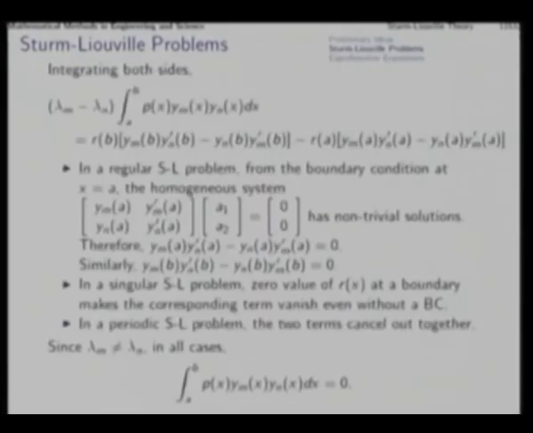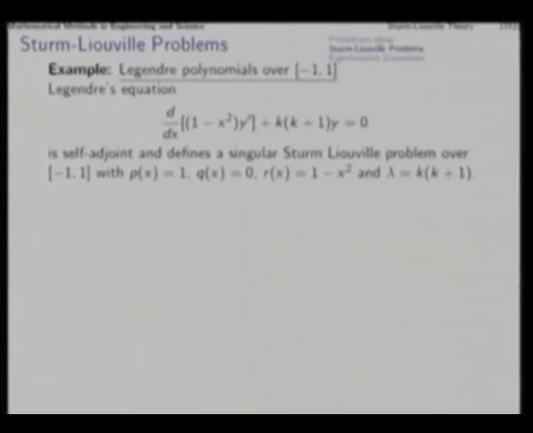But we can also observe that this turns out to be a singular Sturm-Liouville problem over the interval minus 1 to 1, because this function Rx, 1 minus x square, is 0 at x equal to minus 1 and x equal to 1, that is at a and b, a equal to minus 1, b equal to 1. At these two values this function is 0. So, over this interval from a to b, this differential equation without any boundary conditions defines a singular Sturm-Liouville problem,